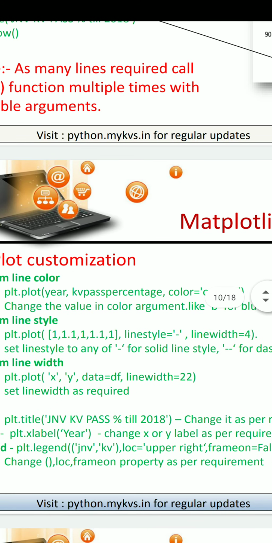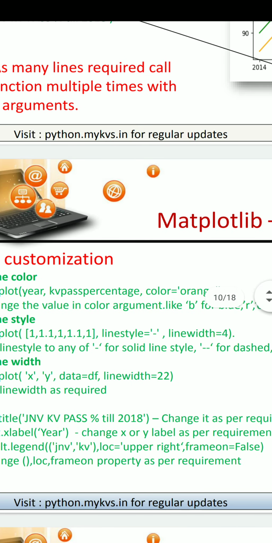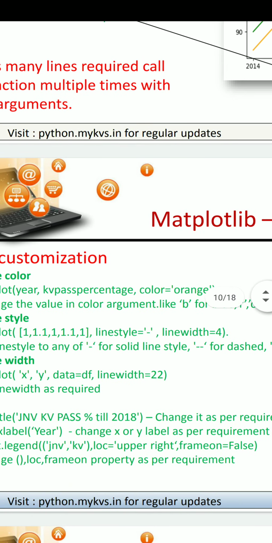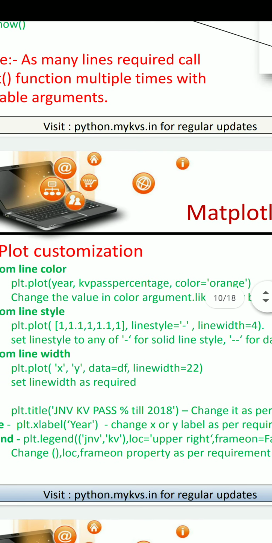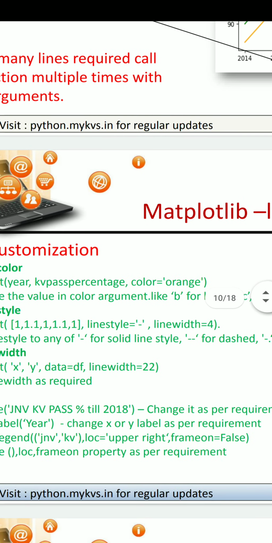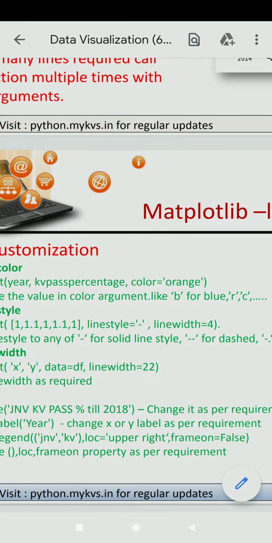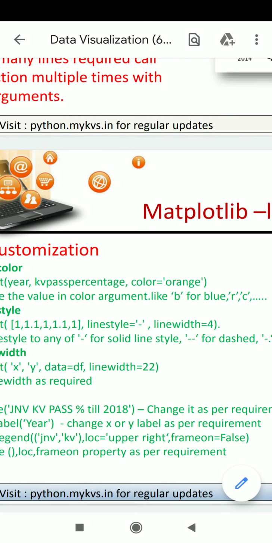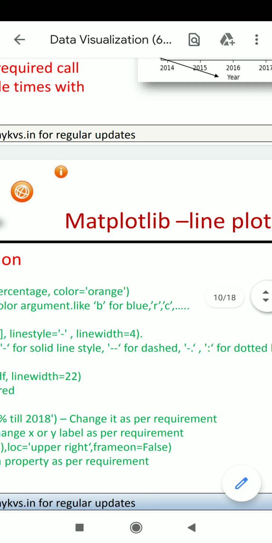Set line style to any of these: minus marks for a solid line, dash dash for a dashed line. These are the different parameters you can set for the line style attribute. So for solid line, any of these, and for dash line, this one.